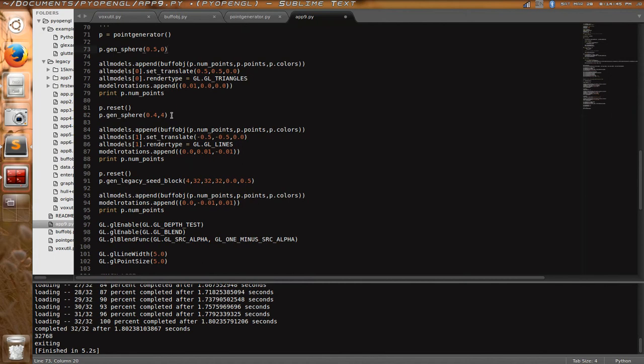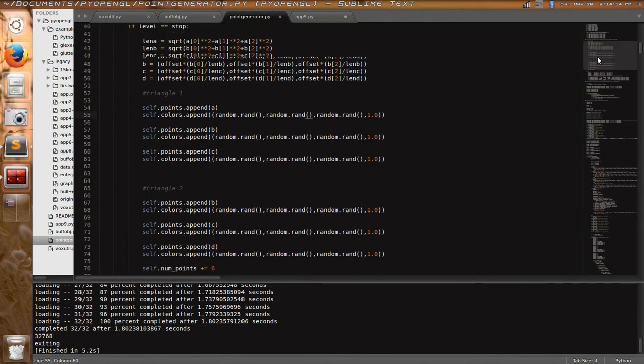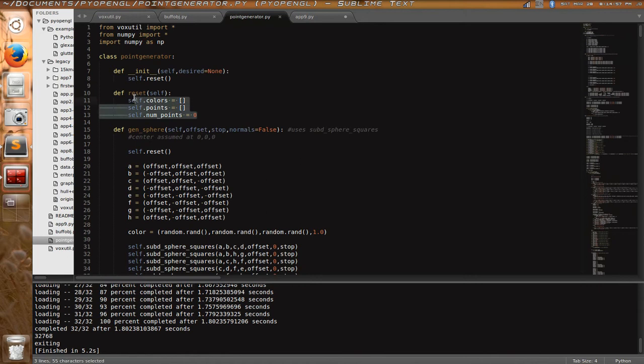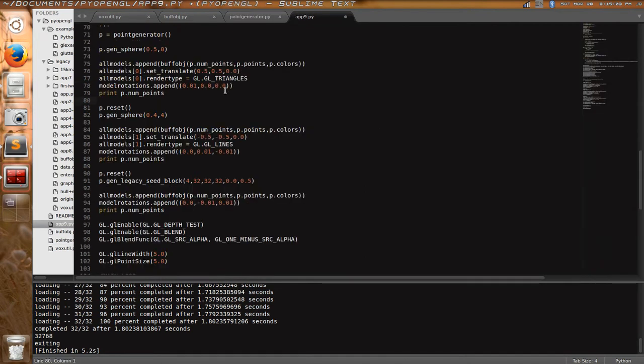Okay, but then this point generator can be reused. This reset function clears the arrays. Basically resets everything as if it was just initialized here. Then it declares another thing here, which is rendering with lines. This first one's being rendered with triangles, and then this last one is using the default points, but it's one of the seeded blocks from before, with a resolution of 32 by 32 by 32, and